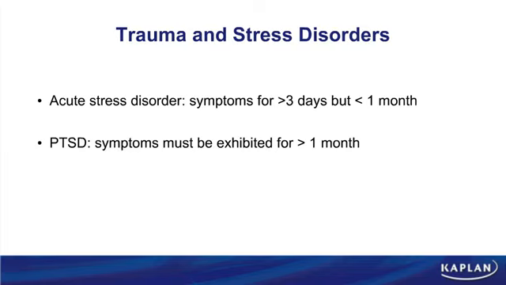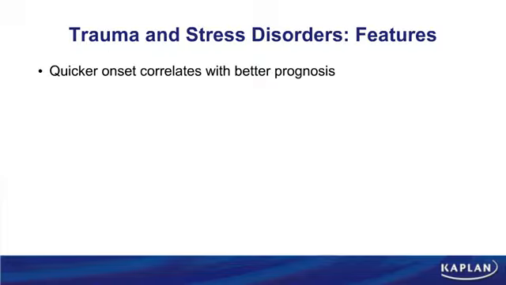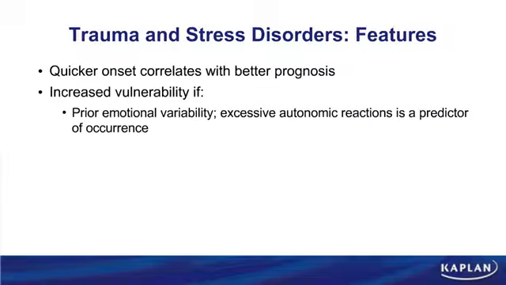Usually these are patients who have had psychologically stressful events outside of the range of normal human experience, such as rape, war, earthquakes, tsunamis, 9/11, etc. So once you've been exposed to a traumatic event, if you have symptoms that occur quickly, then of course that affects your prognosis. Why is it that some people develop PTSD and others do not? Why is it that every soldier does not get it when they come back from the war? Why is it that every woman does not get it after being raped? Well, they believe it's due to some genetic linkage or increased vulnerability.